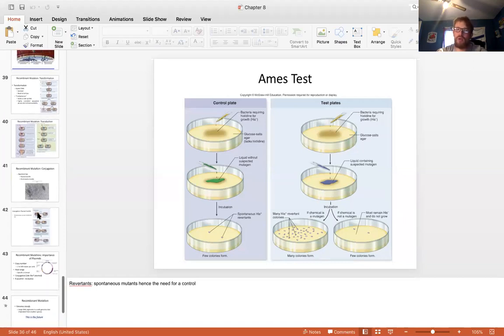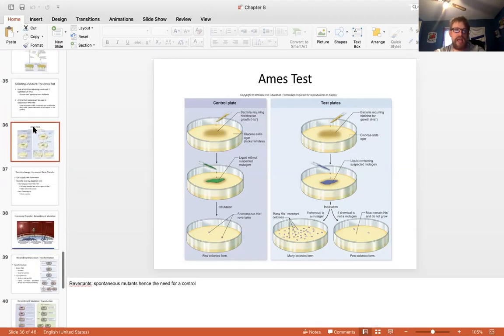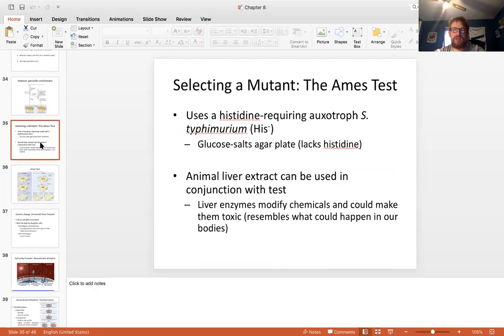What I'm going to do is we're going to talk about the Ames test. That'll be the last thing we talk about. Professor Perry is going to talk about fungi tomorrow, but she'll do that in the first half. So we'll let her talk, and then we'll finish this up because there's a few slides here. I just want to go over horizontal gene transfer again with you guys. So we'll do that tomorrow after the fungi lecture, and then we'll also talk about maybe some algae a little bit tomorrow. So I'm going to finish up here with the Ames test, and then we'll finish the rest of this after the fungi lecture tomorrow.